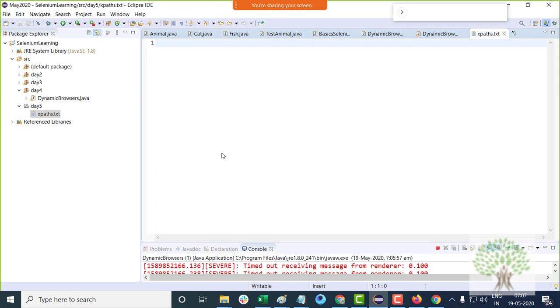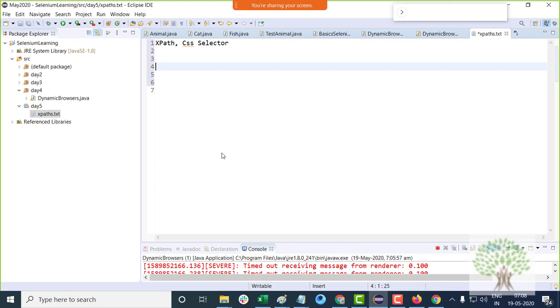So there is one strategy known as XPath, and another strategy known as CSS selector. We are going to study both of them, but first I will talk about XPaths. XPaths or CSS selectors, both actually are like the address of the element.